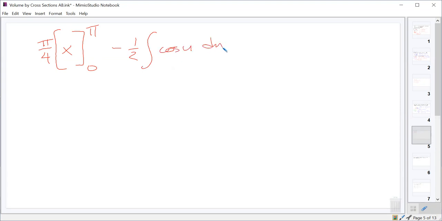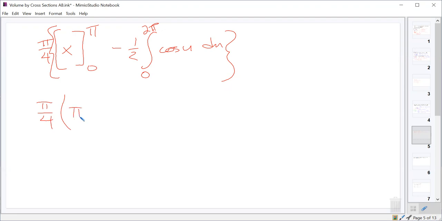And previously, we had a 0 as the lower limit, and u was 2x, so 2 times 0 still leaves us as 0. But in the top, we had pi as our limit, and so what does that upper limit need to become? 2 pi. And so now we're ready to evaluate the first part, remembering that pi over 4 is applied to both of those integrals. Okay? So we got pi over 4 times